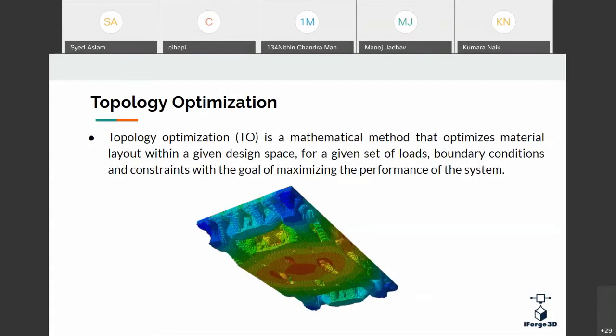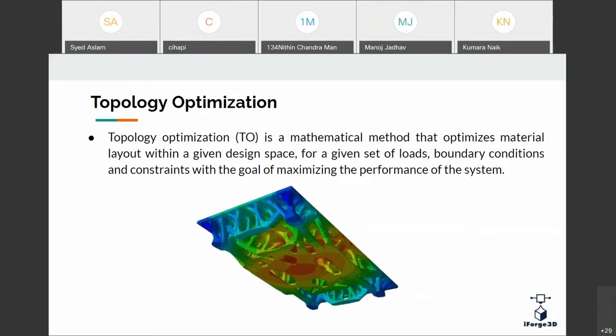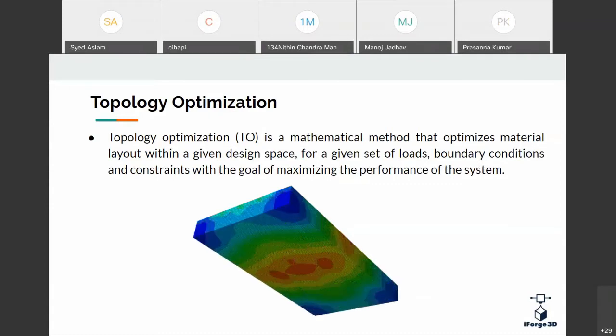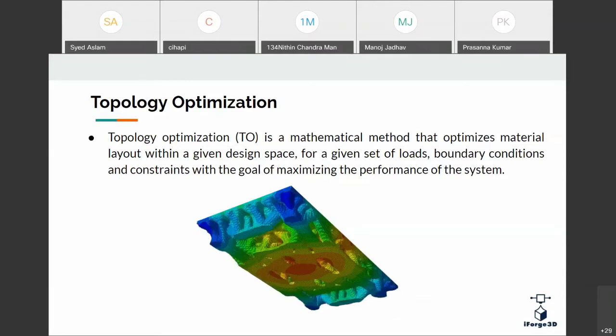So overall, topology optimization is a mathematical approach to optimize the material layout in a given space. When we perform this, one thing is we can reduce the mass of the total object to improve the efficiency of the total system.